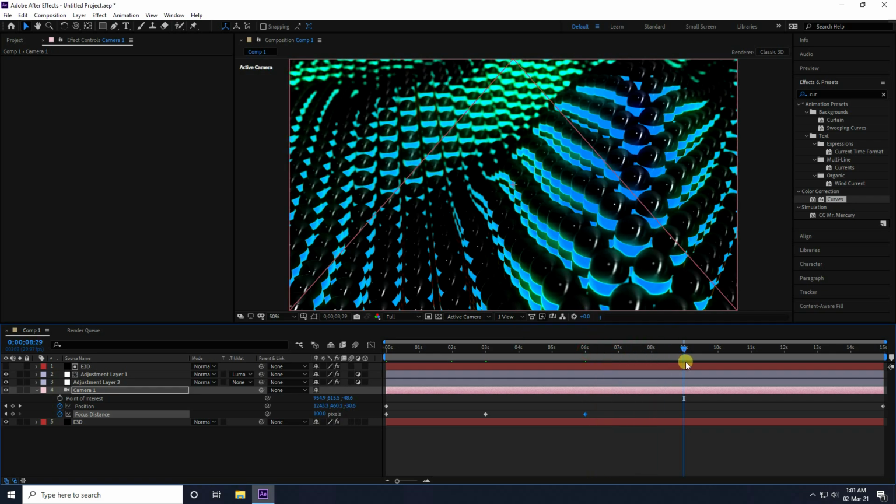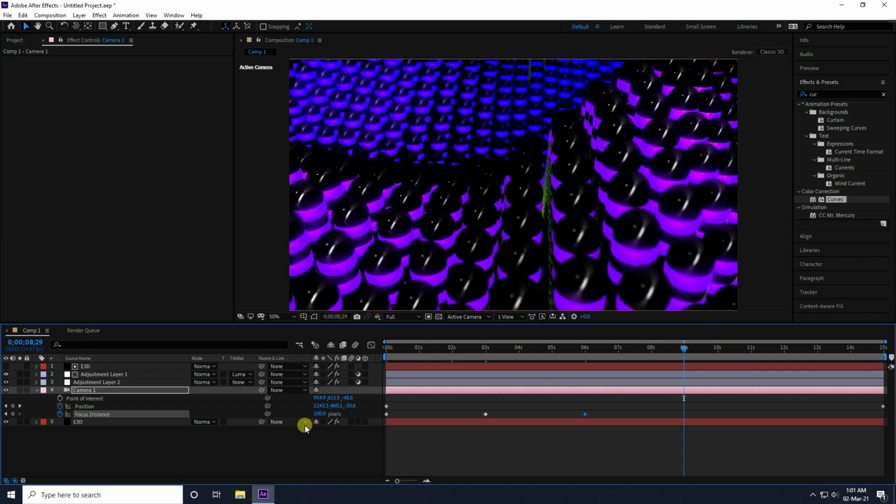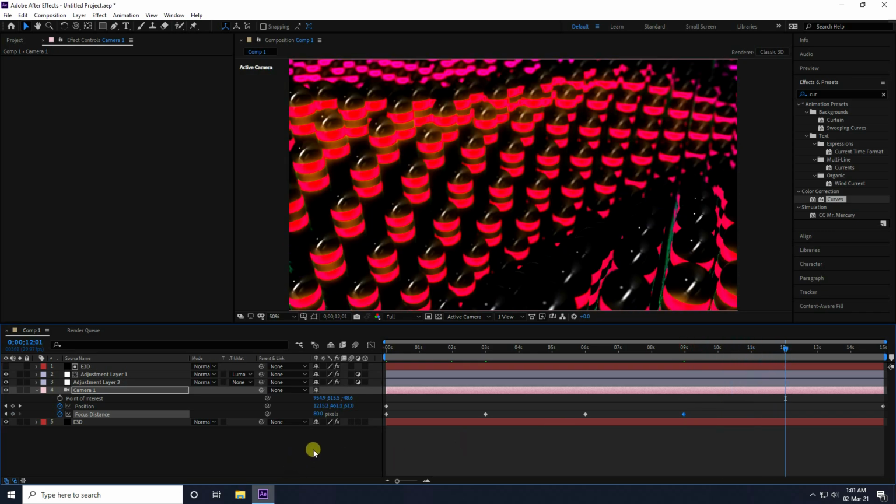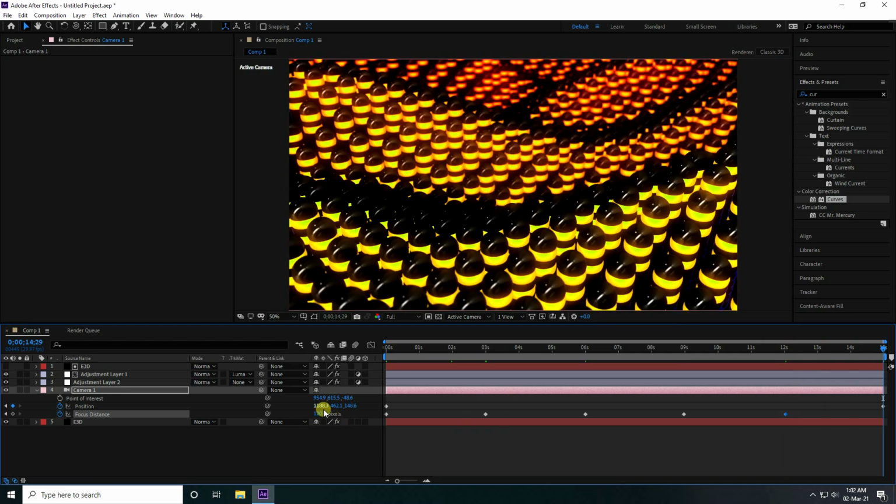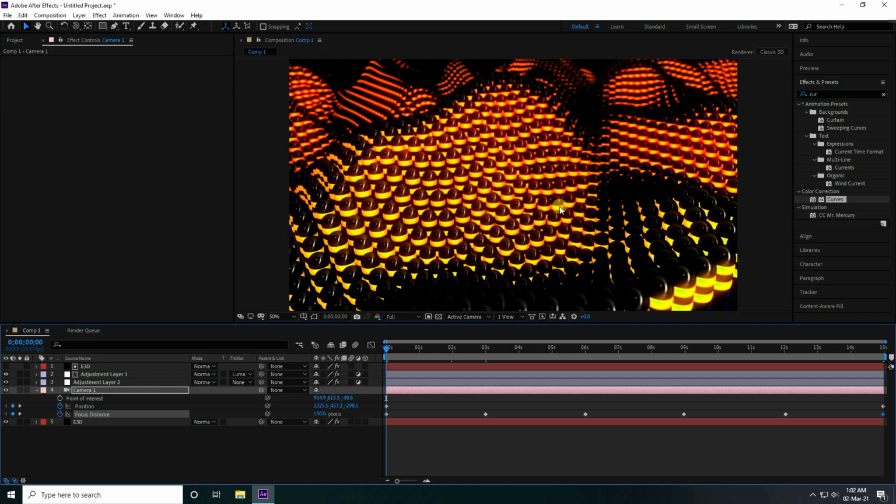Guys go to 9 seconds, and again change focus like 80. And go to 12 seconds. Focus change like 120. And last one, focus change like 150. Yes, much better. Okay, see guys, that's my beautiful depth of field effect.